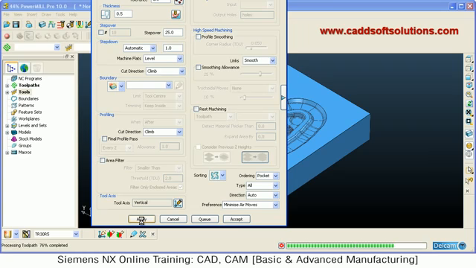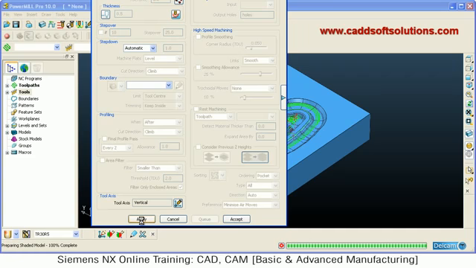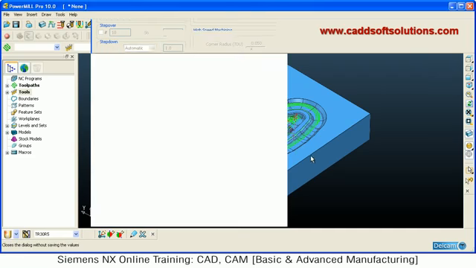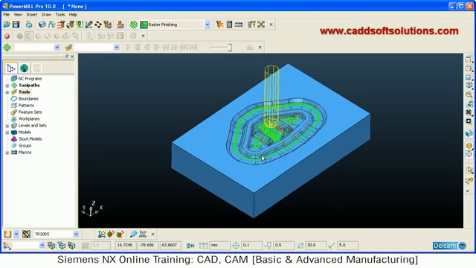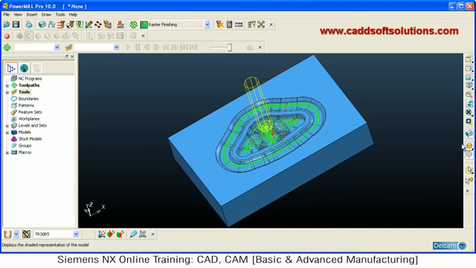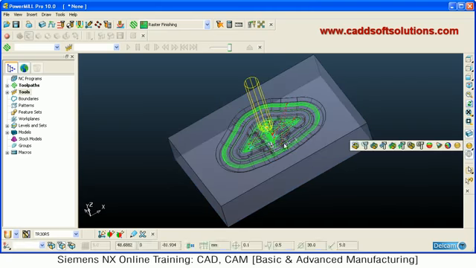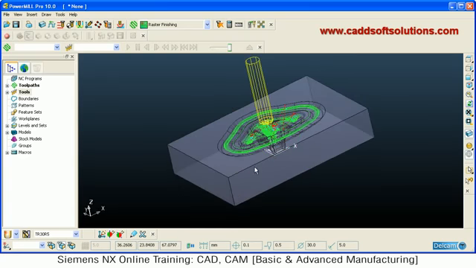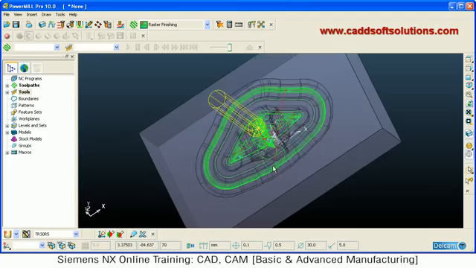It is still calculating. Okay, so it is almost final. So in this way, this toolpath has been generated here. Here you can see the toolpath with the model, in which the gray color is the block and the wireframe is there. So in this way, this particular toolpath is created.